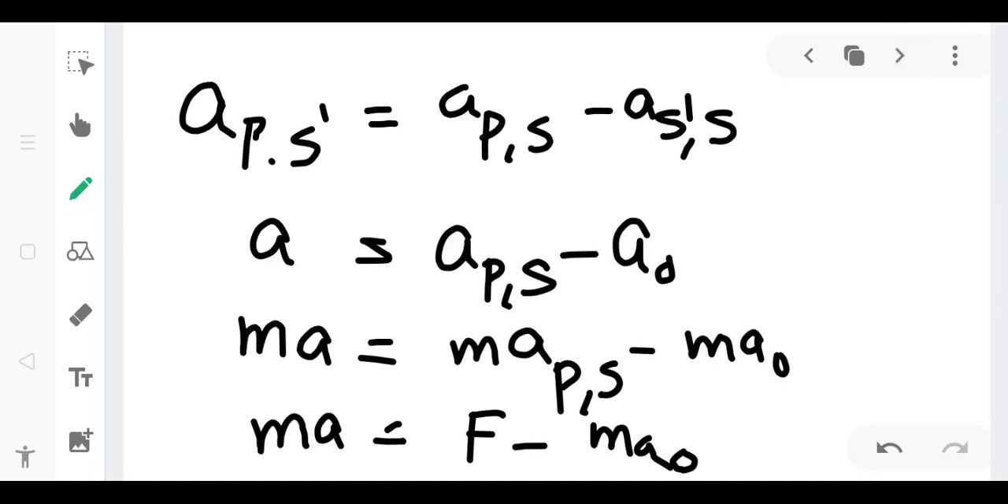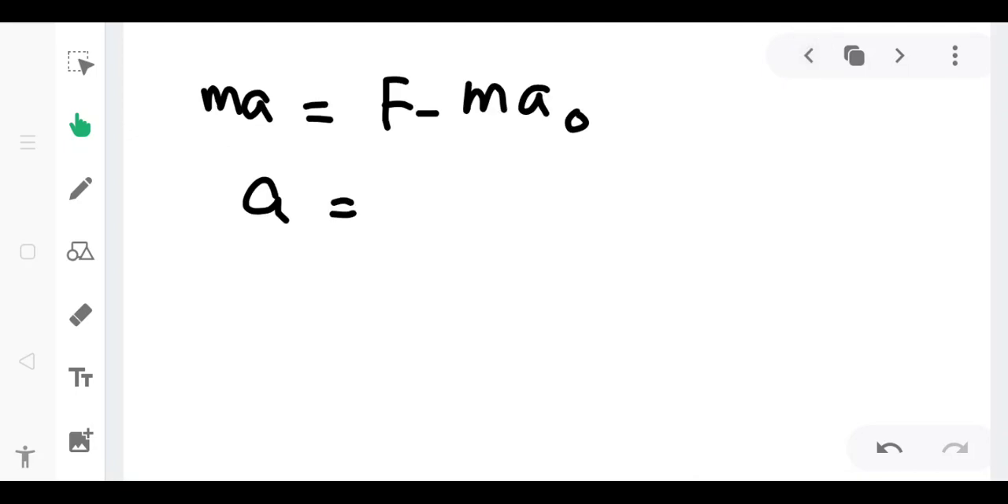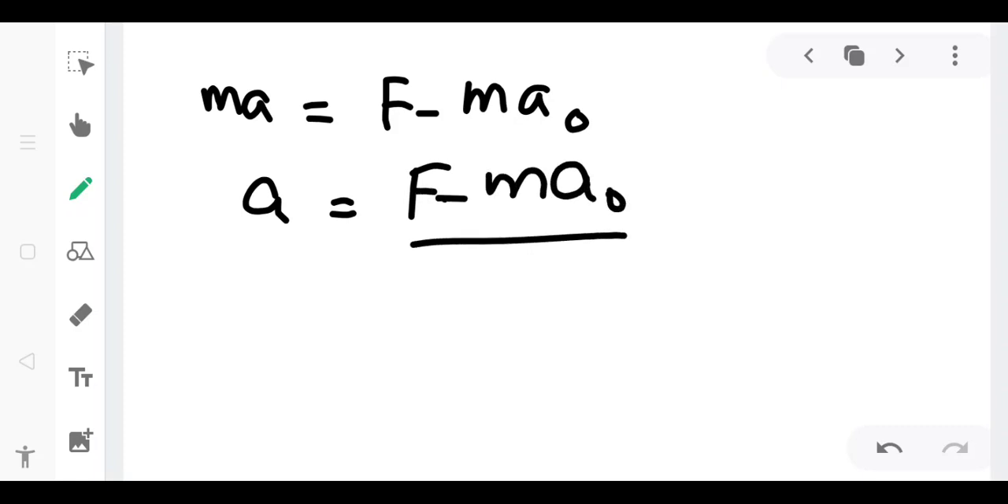See here, a p s dash, the acceleration of the particle with respect to s dash, we have labeled it as a, that we are going to calculate. So a equals to F minus m a naught, divided by m, right? So generally